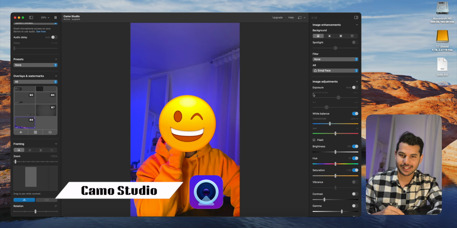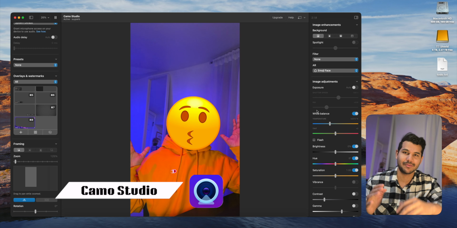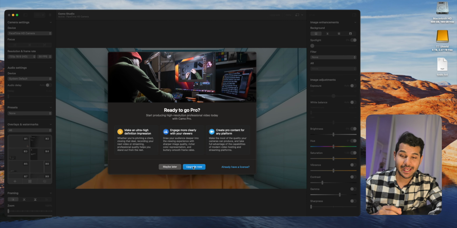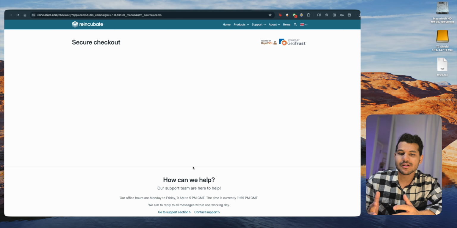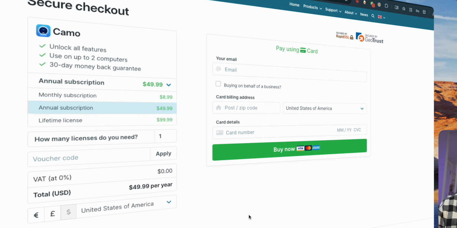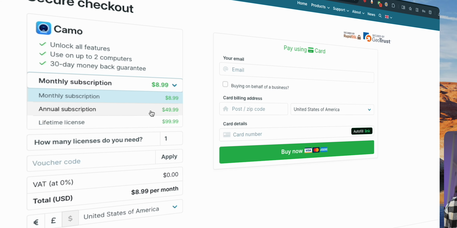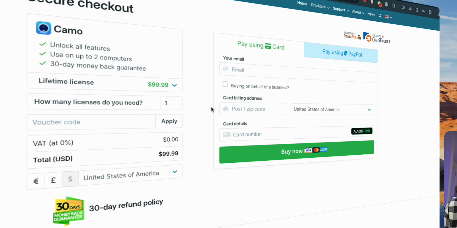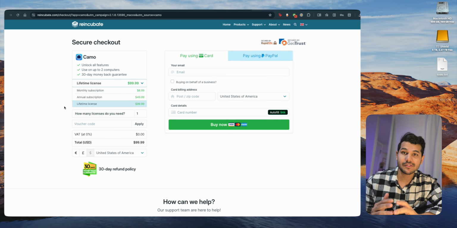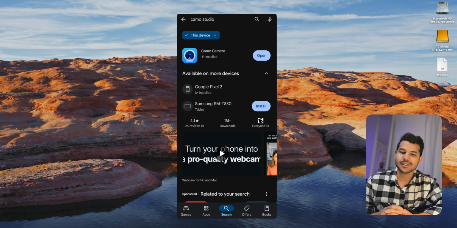And this is probably my most used, if not top 3 for sure. So they have a free version, which doesn't have all the features because they also have subscriptions. They have a $9 a month plan. They have a $50 a year plan, and then a lifetime if you just pay a $100 one-time payment. So I recently found out about this guy, and they have a dedicated app on the S24 Ultra,